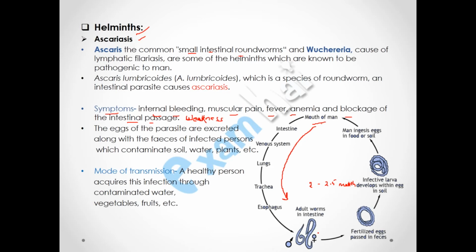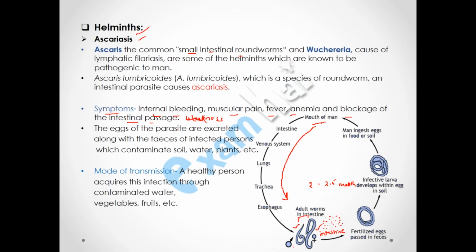as you can see in this diagram. So this is female and this is male. Females are usually larger, or we can say taller than male, because female has to carry eggs. So after they get mature, copulation takes place between the male and female, after which the eggs are again released inside the intestine of a person, of a patient, or we can say infected person, and these eggs are released